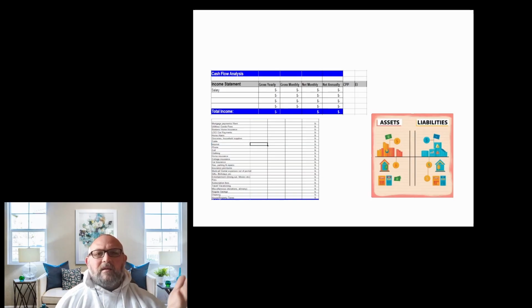And the last thing, good old AI helping me out, is assets and liabilities. So once this is all done, I also want you to sit down and do a T-chart, simple T-chart similar to that. Write down assets on one side and liabilities on the other. If you want to take an extra step, you can put liabilities and look how much you spend on each liability in a little side pocket instead of just the chart. You can do both. That's just the basics of what you really need to do to start, in my opinion.